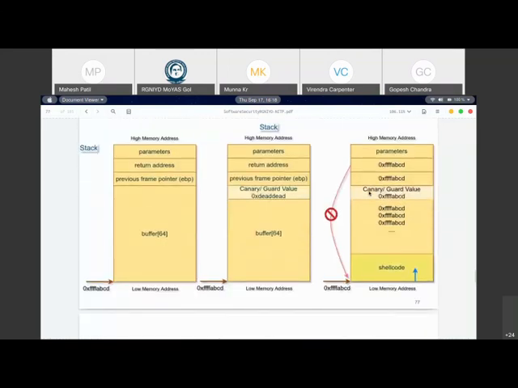To understand that, let's see this one. So this is your buffer. This is how it looks like. This is your return address. And since you have enabled canary, you will see that between the buffer and the return address, the compiler has inserted a canary value. Now, when you write the shell code and you go on writing the addresses over here, it would happen that you also overwrite the canary value.